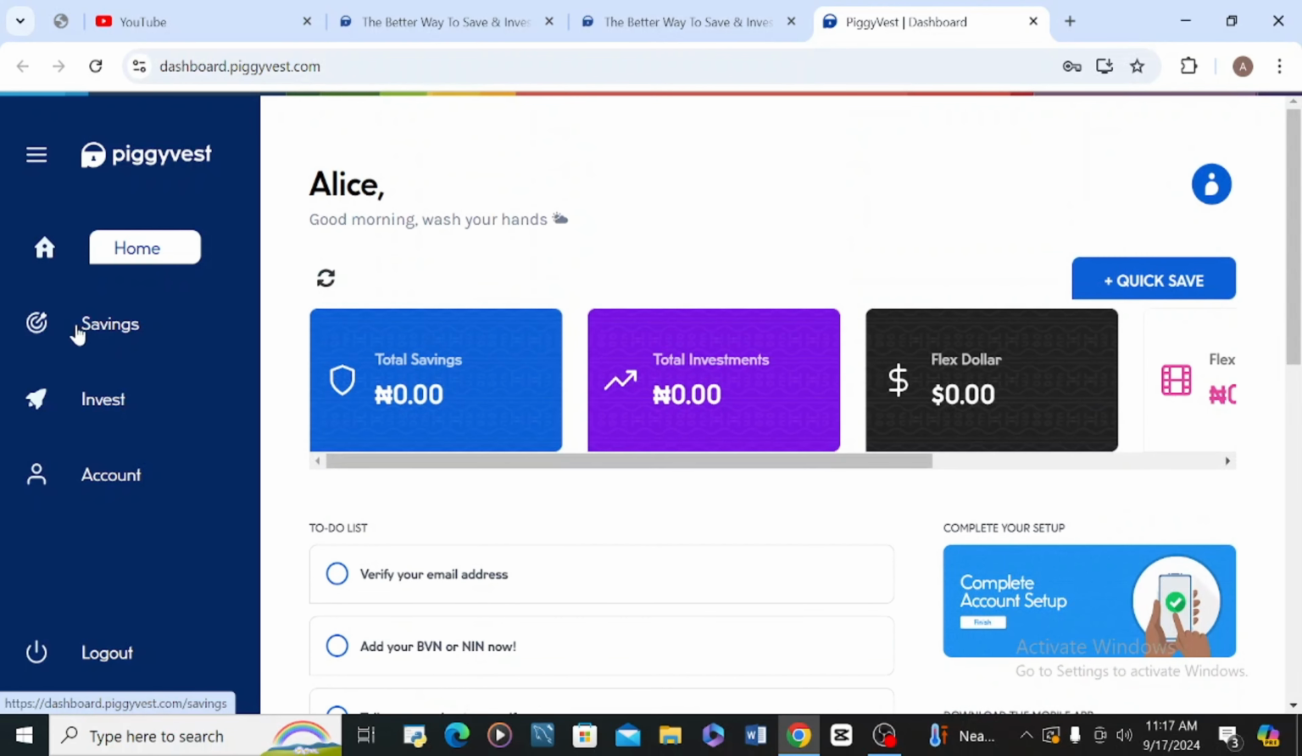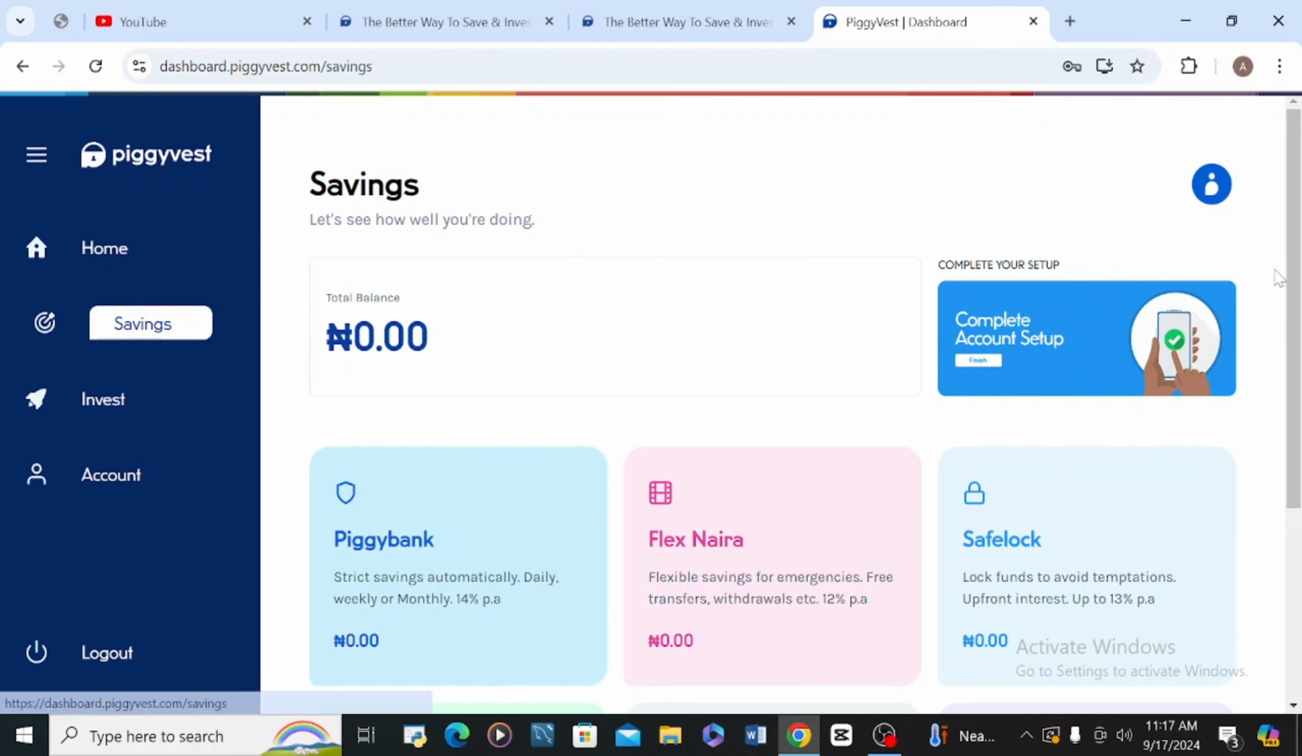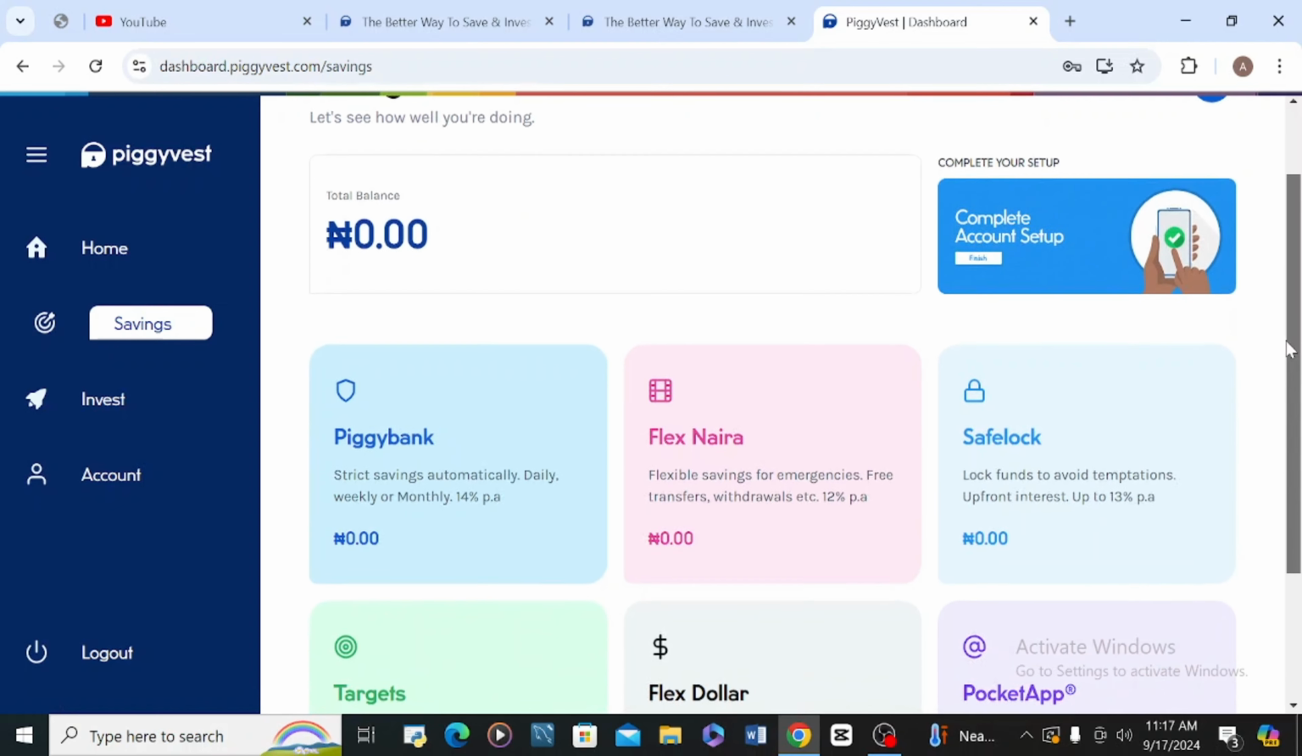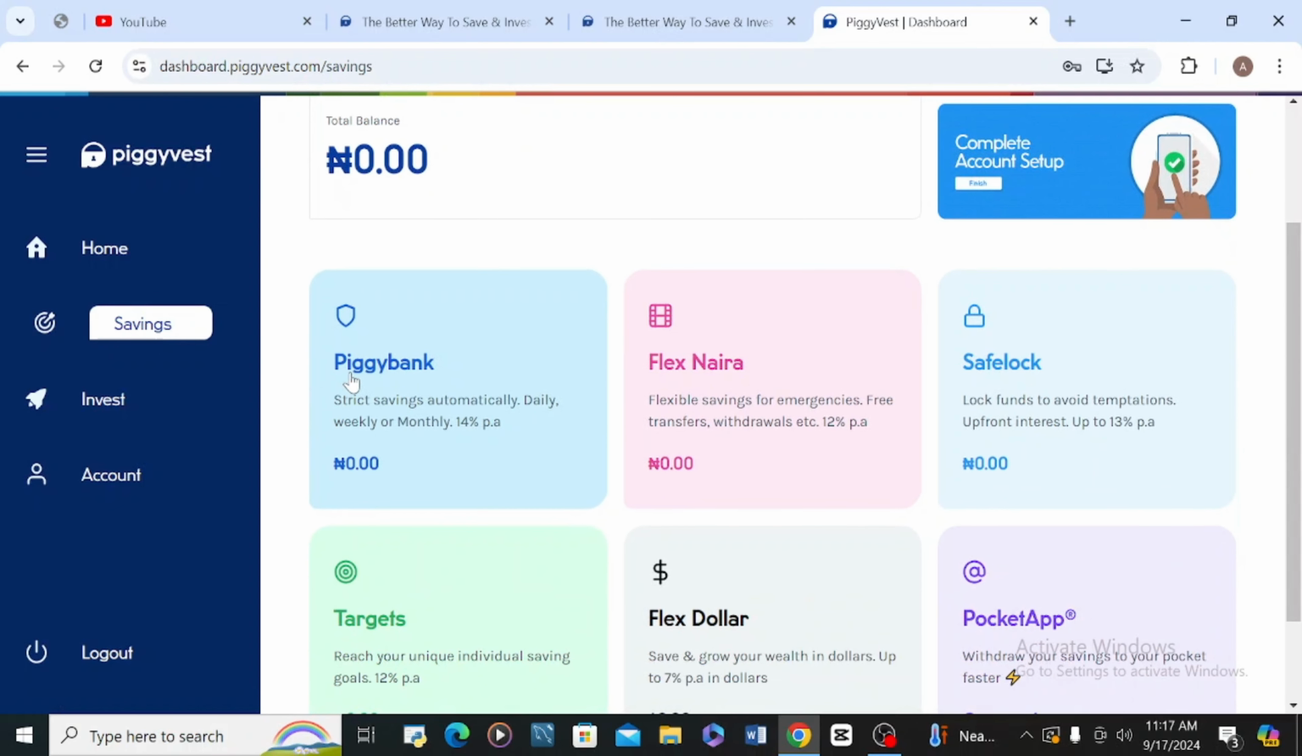So when you come in, you go to savings. This is savings. You click on savings. Then you come down. This is Piggy Bank and this is Flex Naira. For Piggy Bank, it says treat savings automatically, daily, weekly or monthly. What it's trying to say is that if you are saving with Piggy Bank, it's going to be automatic savings, either daily,